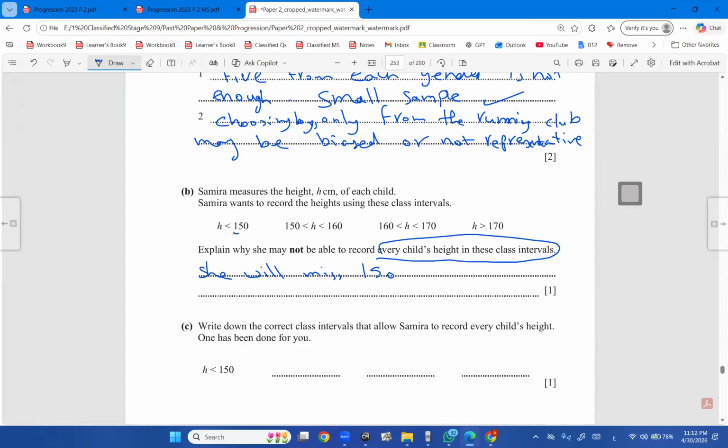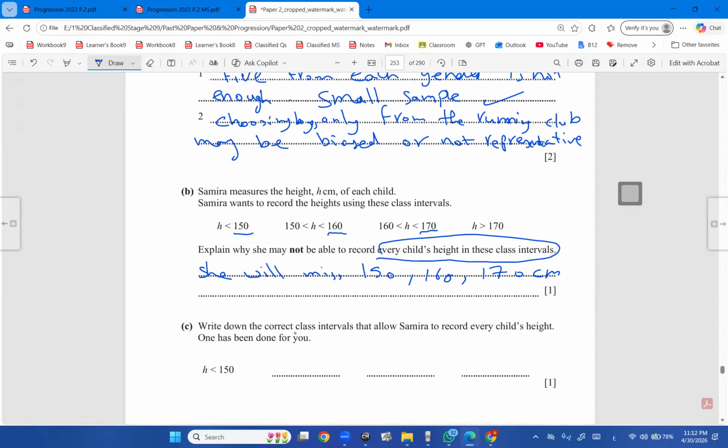So 150 not included, 160 not included, neither here nor there, 170 not included, neither here nor there. So she will miss 150, 160, 170 centimeters. All right. So that's why this is your explanation of why she may not be able to record every child's